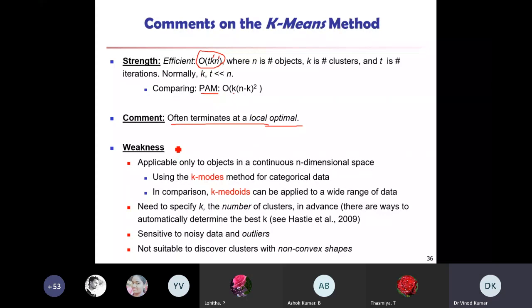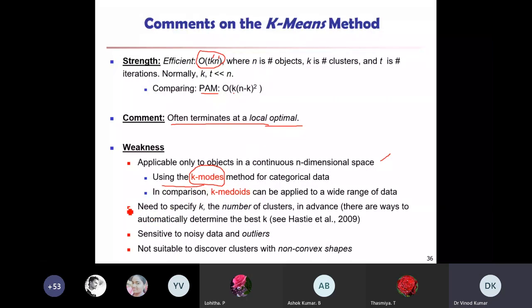The weakness or disadvantage is that it is applicable only to objects in a continuous n-dimensional space. Other algorithms also exist, like k-modes and k-medoids, to remove the weakness of this one.